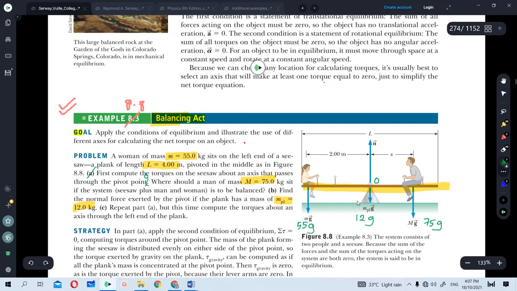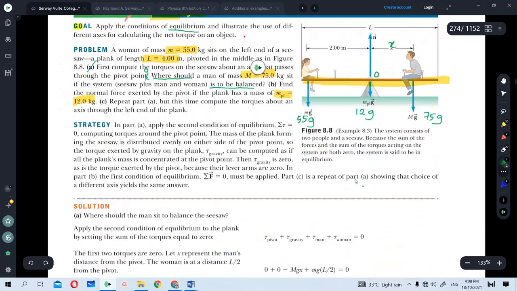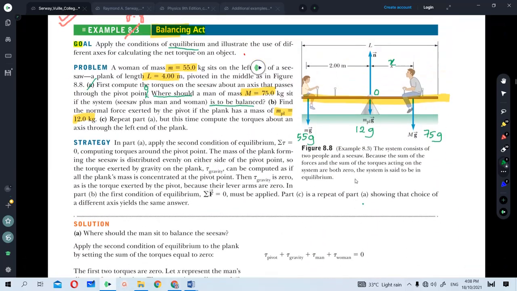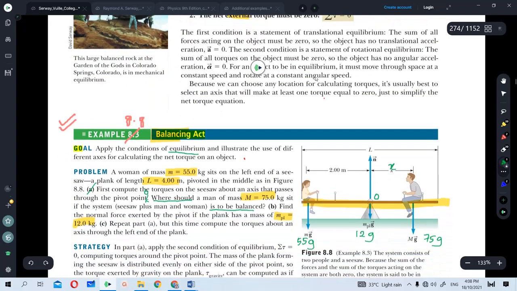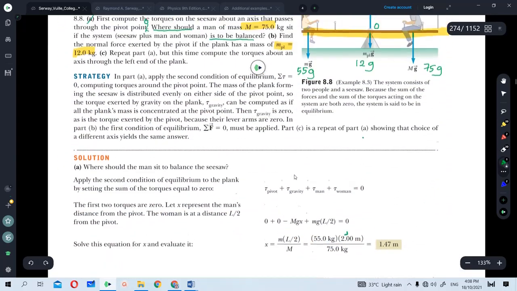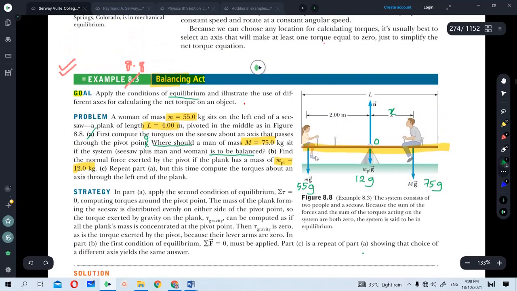Now from there, where should the man sit down? This is the question. Indicating an unknown distance, labeled here as X, where should the man sit so that the system is balanced? So we are looking at a situation at equilibrium. Now, from the first concept, you can choose either force or torque. You find the one which exerts torque, consider that